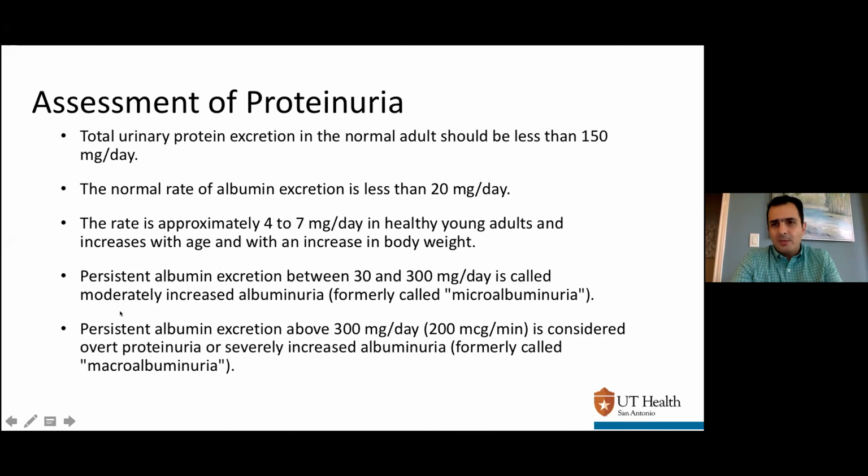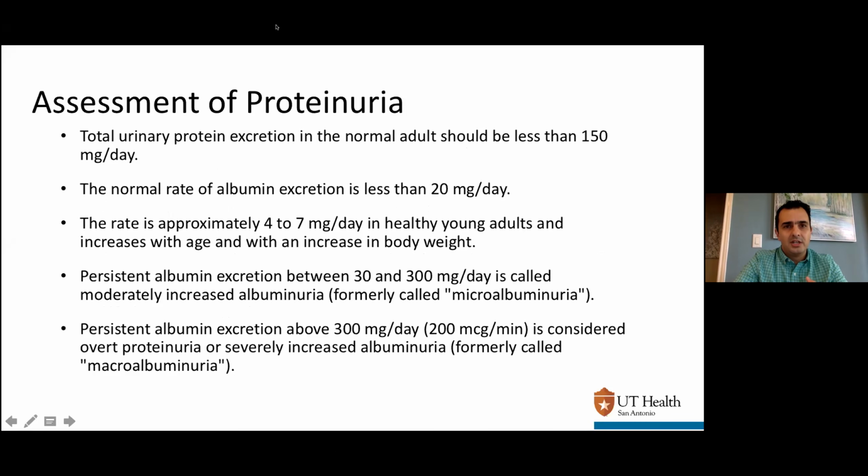So how do we assess? I promised you guys I'm not going to give you a lot of equations. I'm going to give a simple calculation here to assess proteinuria. So how do we assess proteinuria in patients with CKD? As I said, we should not be excreting a lot of proteinuria